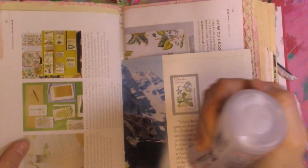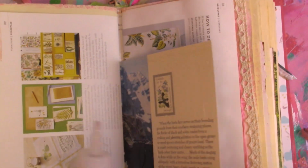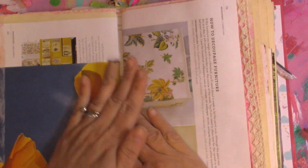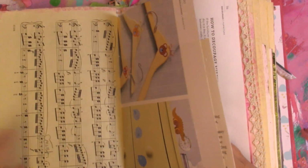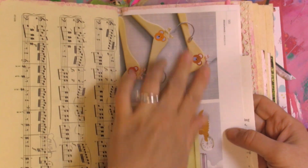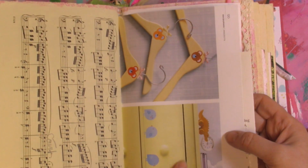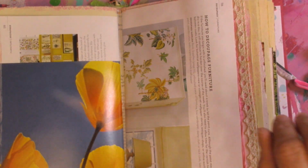And if you're interested in how I made this journal, let me know. I'd be happy to do a video. I love making these. I used an old book and I have videos, tutorials on the channel on how to make a journal, but this particular one I made using some vintage music paper. I didn't film making this one, and then this is some old book paper. So it's a lot of fun to make something like that. I think I'm gonna